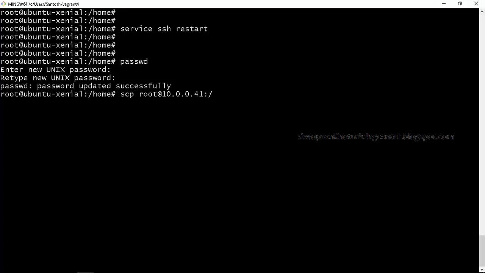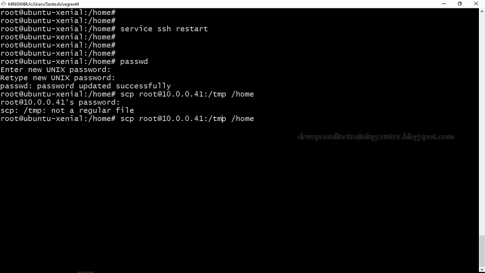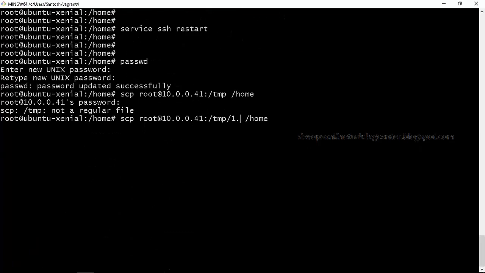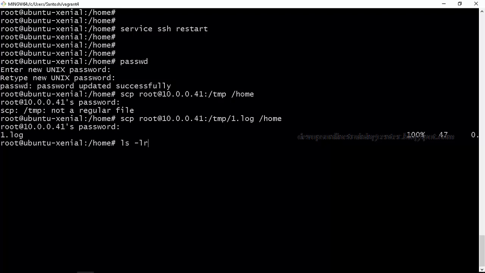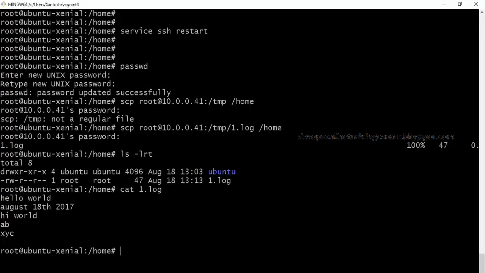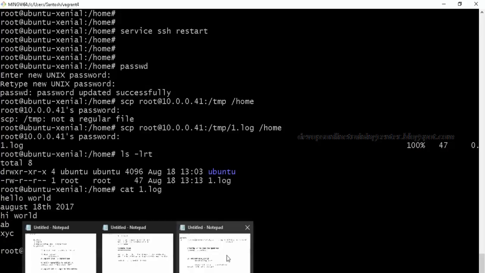If you enter the password, okay, I have given the directory name, I should give the file name. What is the file name? 1.log. So this will copy the file 1.log to the current directory. So whatever we entered here is present. Is it clear?